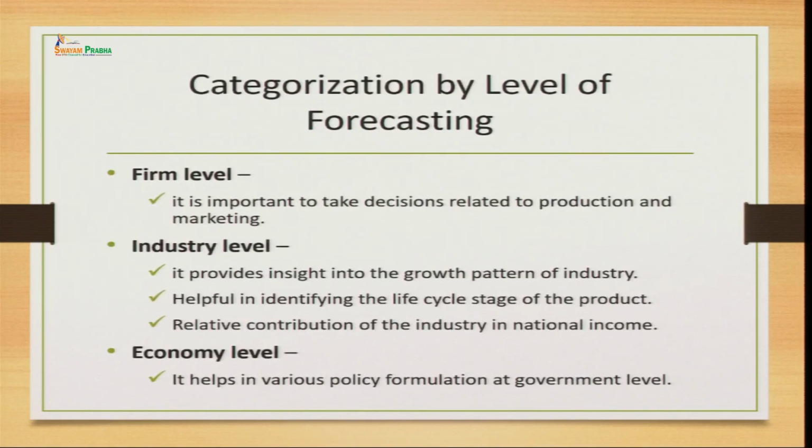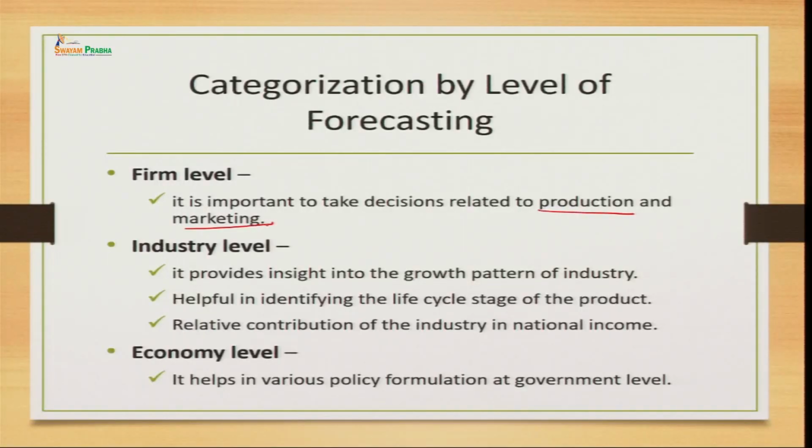Here we have classified the levels into 3 categories. You can forecast the demand of your commodity at firm level. You, as an individual person focusing on your individual firm, would like to know what will be the demand of your product, because accordingly you can make your decisions regarding production as well as marketing. How you are going to produce, how much you are going to produce, what will be the future demand of your product. So, you can forecast the demand for the firm level, that is, for your specific firm.